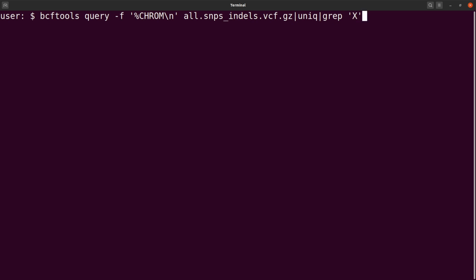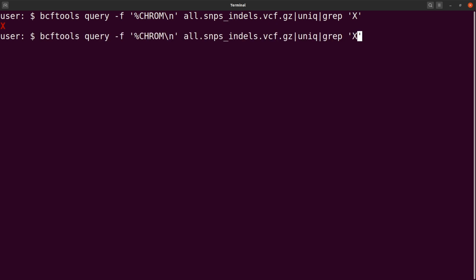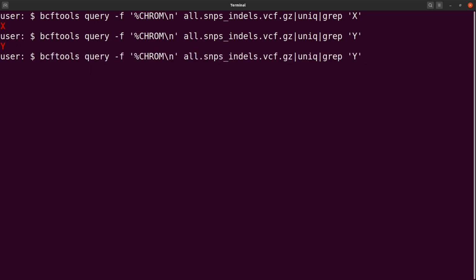And then this will give us what we want. So let's run this. And then we can have it this way. So that's how we do it. We can do the same thing for chromosome Y. And then we run it. We will get it. Try with, let's say,